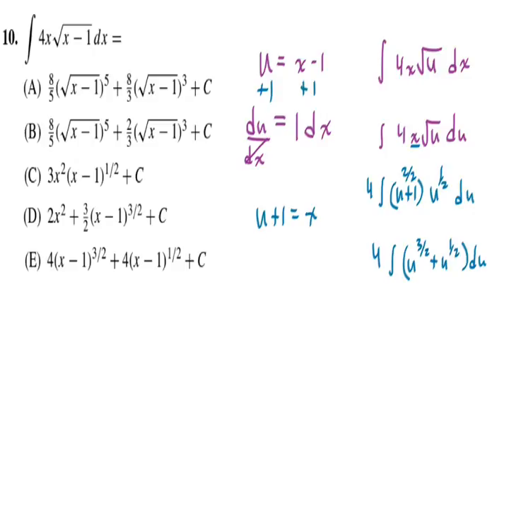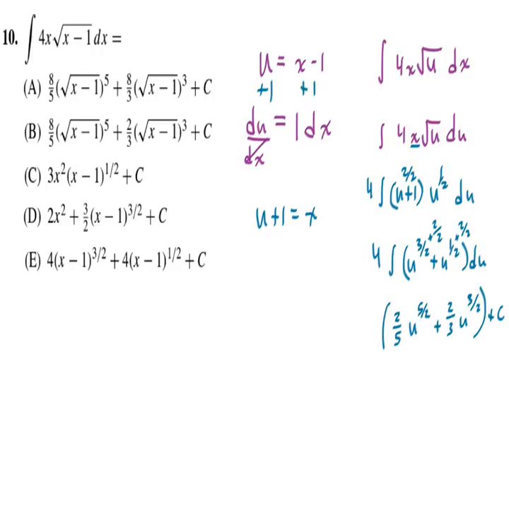Alright, so antiderivative of this first one. The first thing we're going to do is add 1 to the exponent. But instead of writing 1, let's write 2 over 2. So we get u raised to the 5 over 2. And then we're going to divide that by 5 over 2. Or, if you're quick enough, you can just multiply by the reciprocal instead of dividing. Now the reciprocal of 5 over 2 is going to be 2 over 5. The next one, we have to add 1 to the 1/2, and so that would be plus 2 over 2. So we get u raised to the 3 over 2, and then we're going to multiply by the reciprocal again instead of dividing by the fraction. Alright, we got a plus c here,